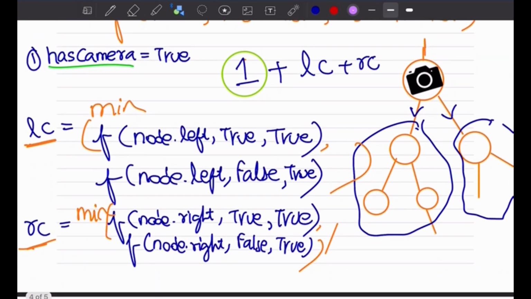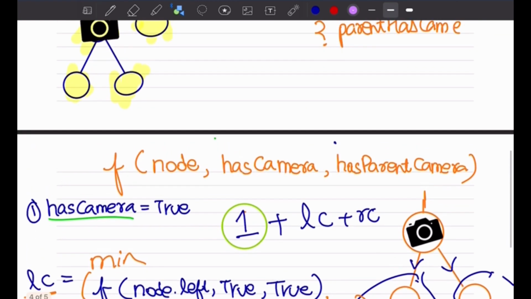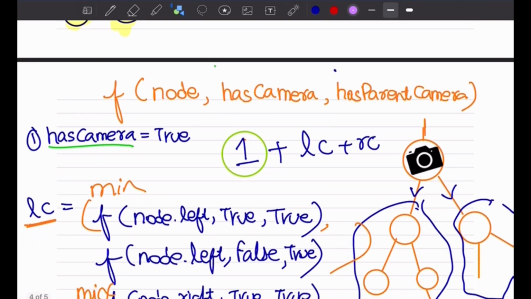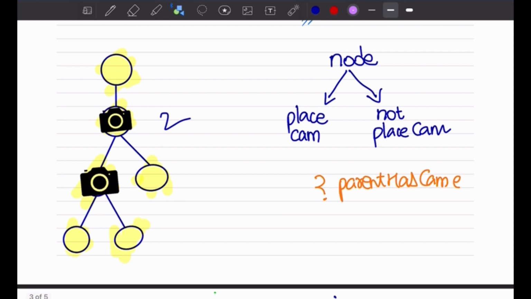And so since the current node did have a camera, its children were at total liberty to decide whether or not to have cameras placed at them, depending on whether that would actually result in minimum in their respective subtrees. So it's something like this. If this was the current node, we are basically giving the children a choice whether to have cameras or not. And in this case, the child does need to have a camera so as to minimize the number of cameras